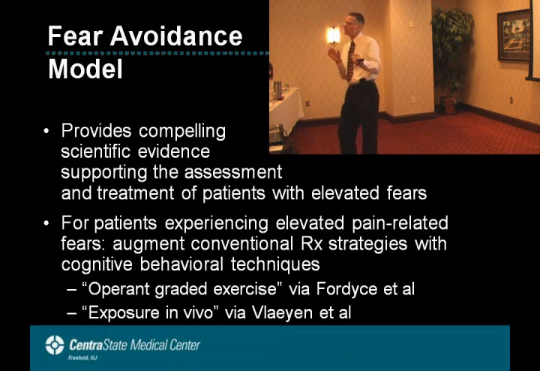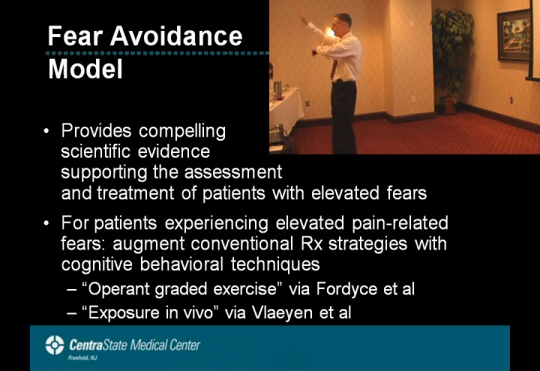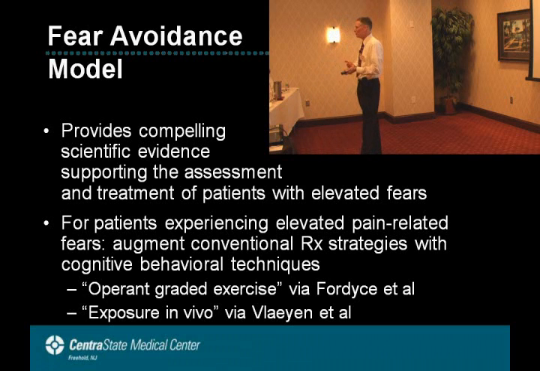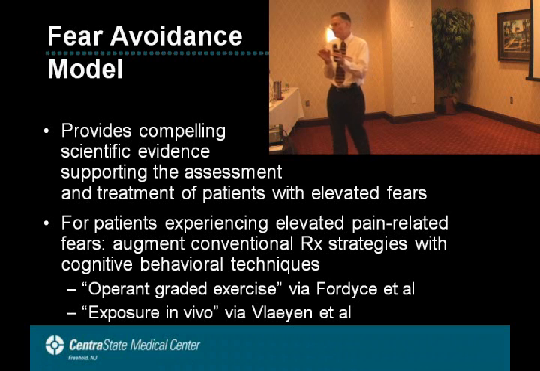This is kind of interesting because it really fits in sweet with FOTO. And this is the one I like to use. Because FOTO prints out a hierarchy of functional limitations on the right side of the page. Well, all you have to do is go and set up a hierarchy of where they're having difficulty. Well, I can't lift groceries. Well, then what you need to do is expose the patient to lifting groceries during your session. And then what you try to do is rephrase, or rechange, the patient's perception of hurt versus harm.